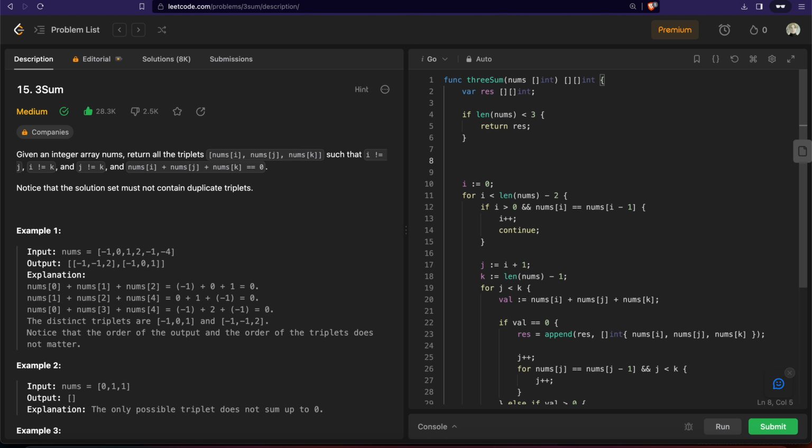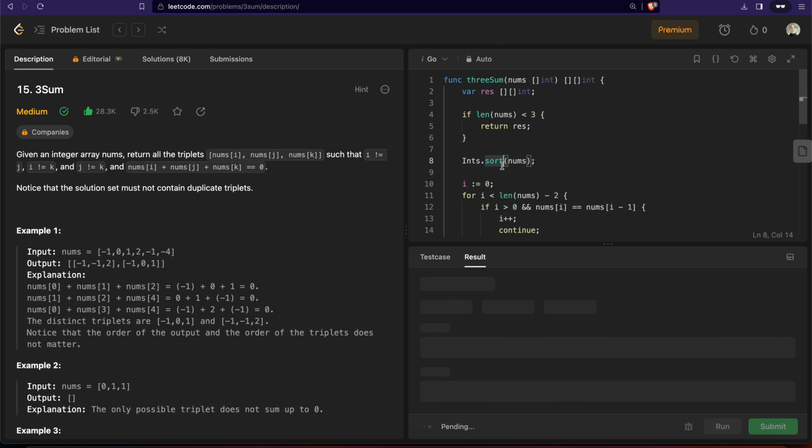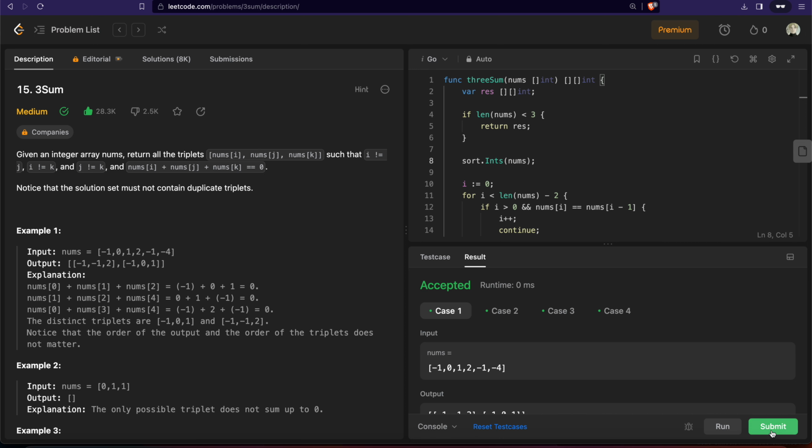So we will do sort.Ints, sort.Ints(nums), and see if it works. I think it is sort.Ints. Yeah, I'll submit it now,